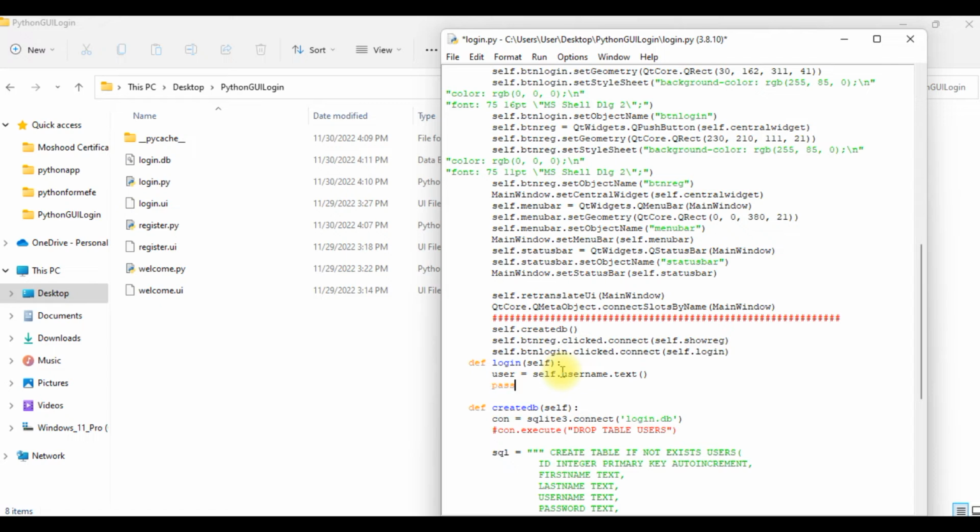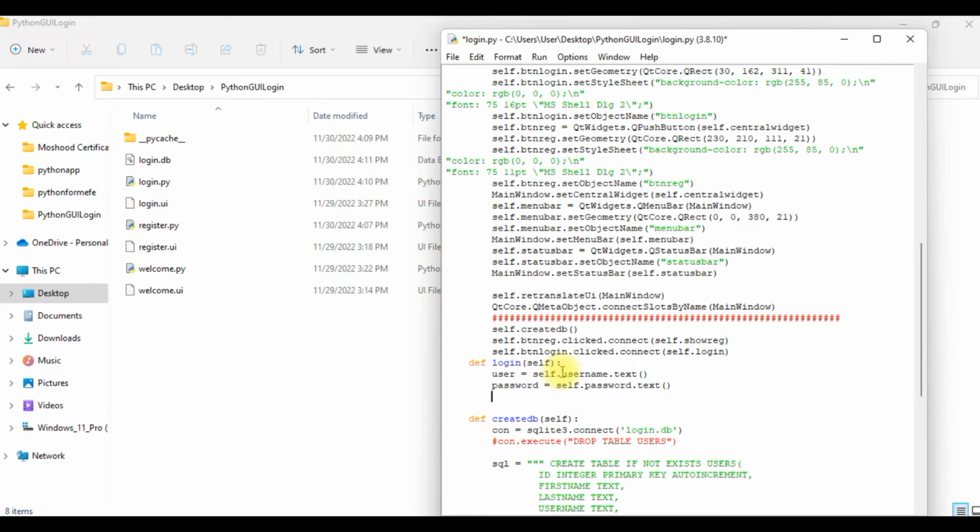then password. We cannot use pass here because pass is a keyword. I'm going to shorten that as well. So self.password.text. We get the two texts, and then we go on into our database and check if those two exist in the database. So here I'm going to create a tuple of this data equal to user comma password,